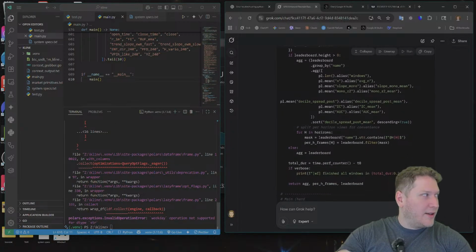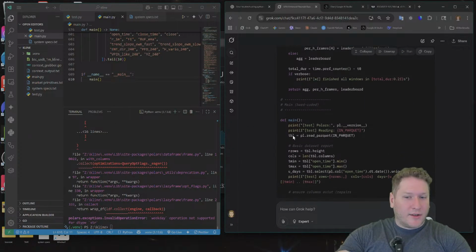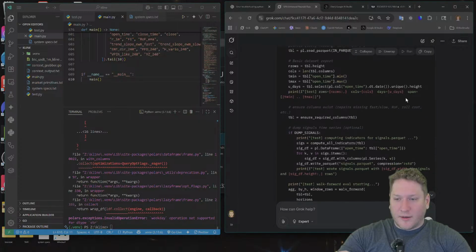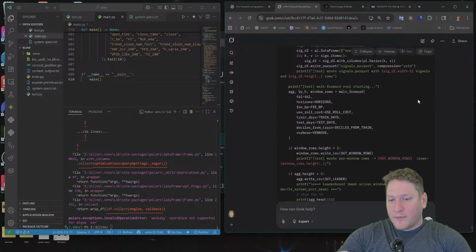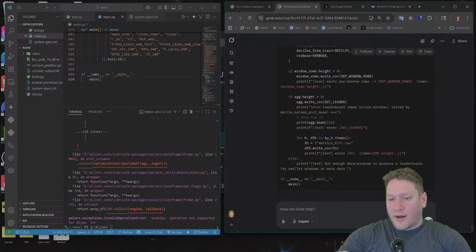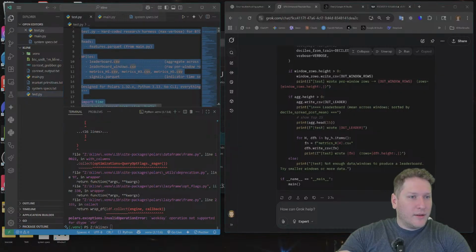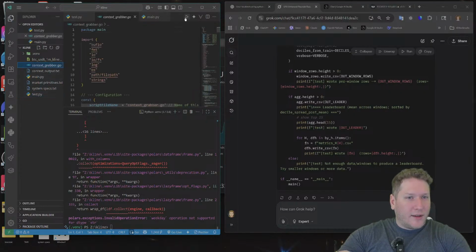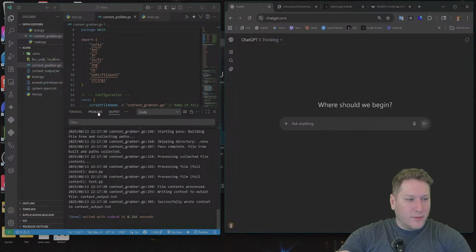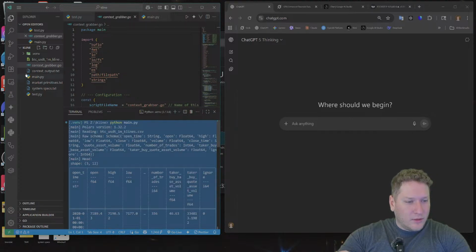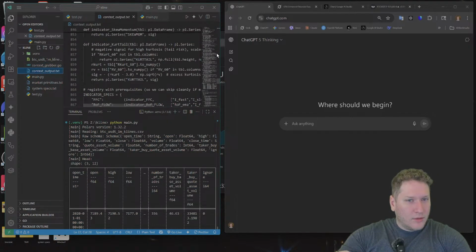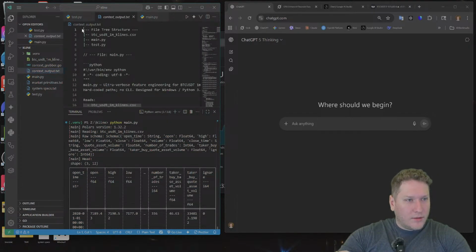I'm going to run it through GPT-5. Just wanted the code from Grok here so that you're not just giving the same stuff again to ChatGPT.